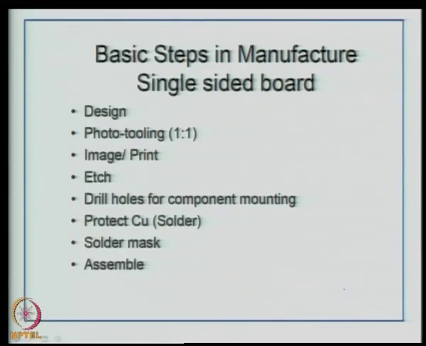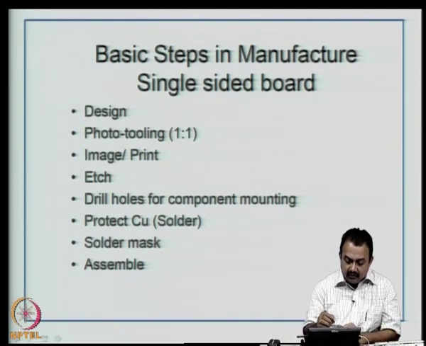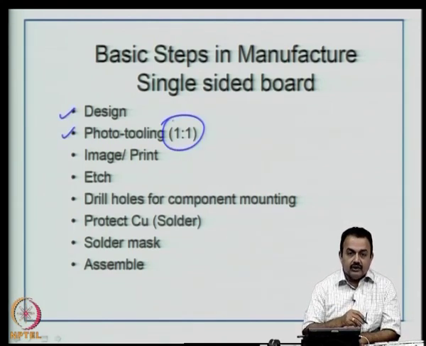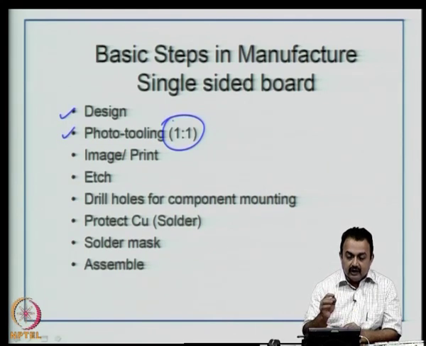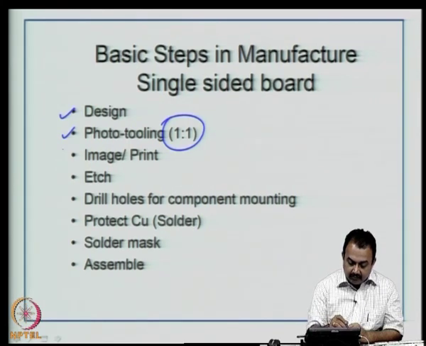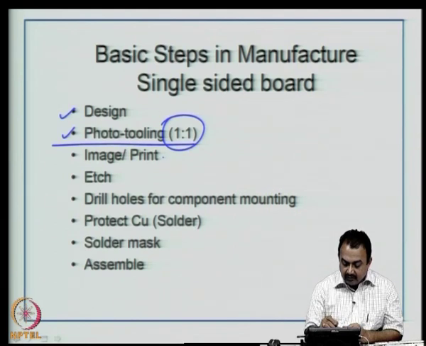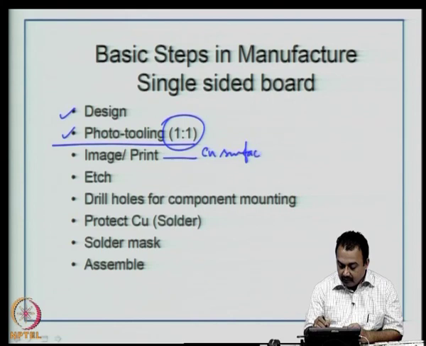So, this completes the manufacture of masks, the developing process, dry developing, wet developing process for creating photographic tools, photo tools or masks. Now, we will proceed into basic steps in the manufacture of a single sided board. We start with a design, right. We have completed the design, we have seen what a photo tooling process is. So, basically here you have to concentrate on creating a 1:1 image that will go directly onto your copper board PCB. The next step is you image or print this image onto your copper surface of your printed wiring board